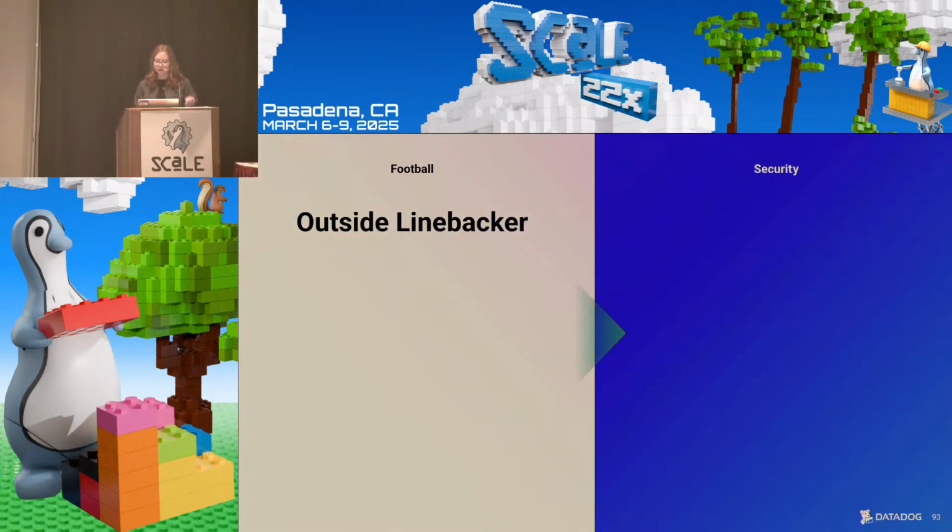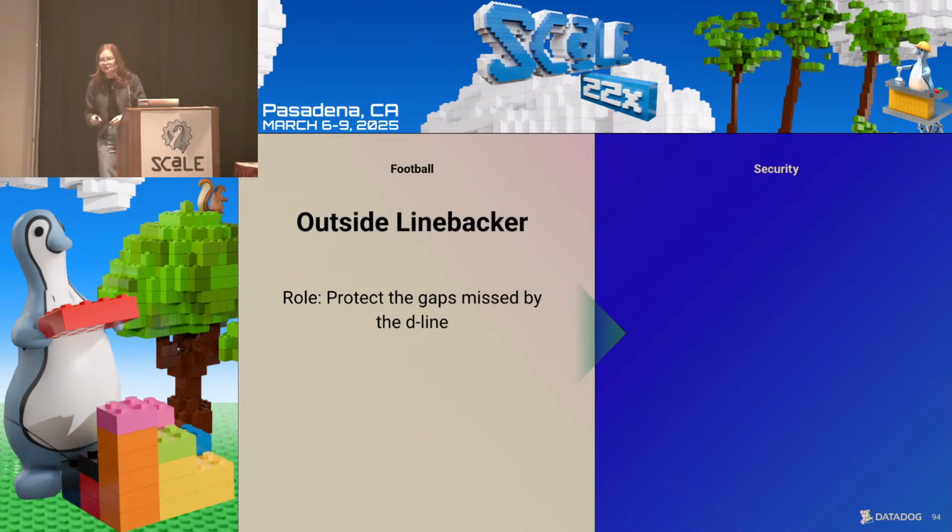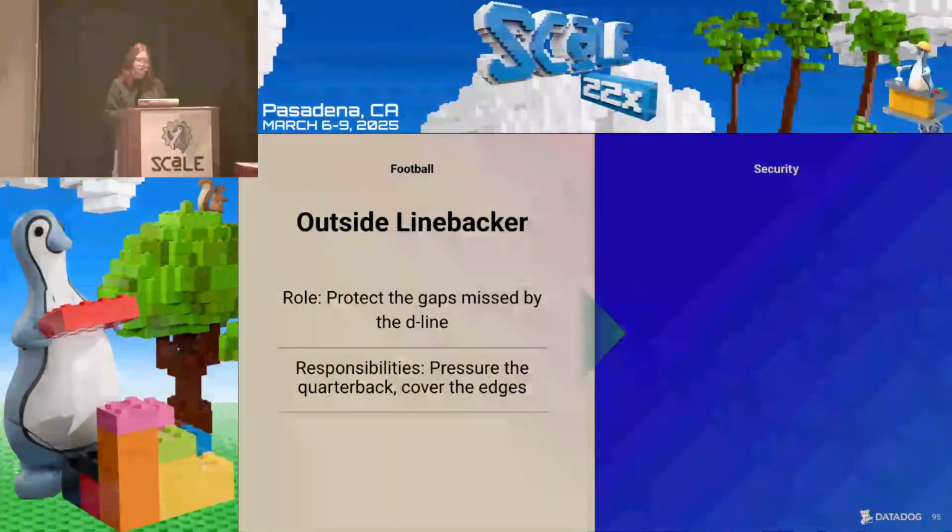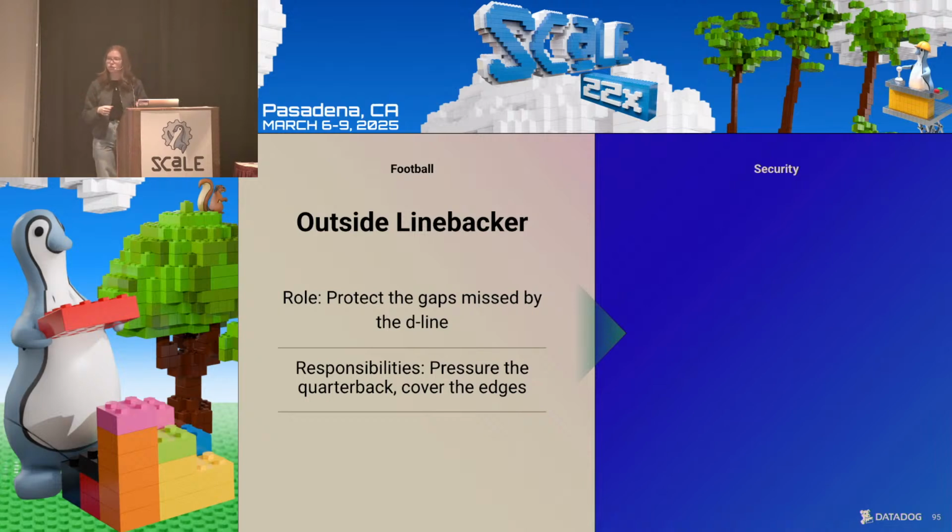So we've got the outside linebackers. If you think back to the image I just showed you, these are the pink and purple ovals that we are seeing. They are protecting the gaps missed by the defensive line. Those could have been purposeful gaps, or they could have been accidental gaps. They have similar responsibilities. They still want to pressure the quarterback, but they're also trying to cover the edges. Clay Matthews is a great example. If you're not familiar, he was with Green Bay for a while. I think he even ended his career in LA, but had long blonde hair, was in the Aaron Rodgers era